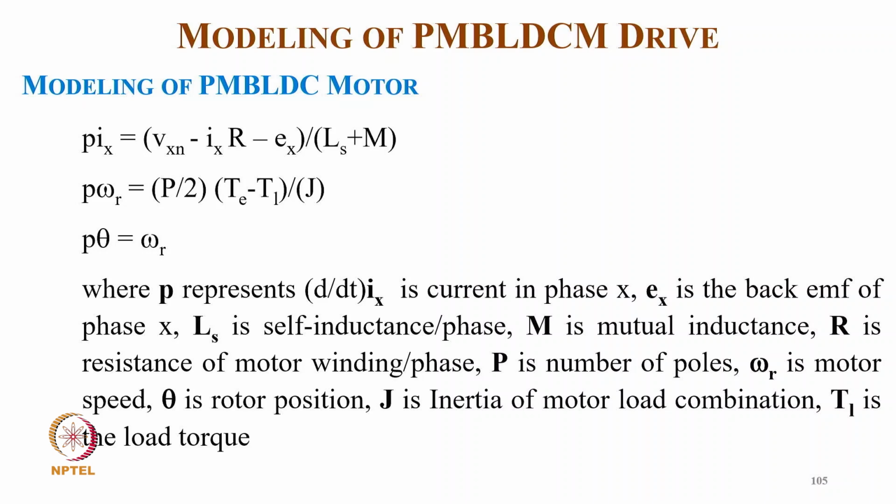So where p represents d/dt, Ix represents the current in phase X, and Ex represents the back EMF of phase X, and Ls is the self-inductance, and M is the mutual inductance, R is the resistance of your motor winding, and P is the number of poles, omega is the motor speed, theta is the rotor position, J is the inertia of the motor and load combination,